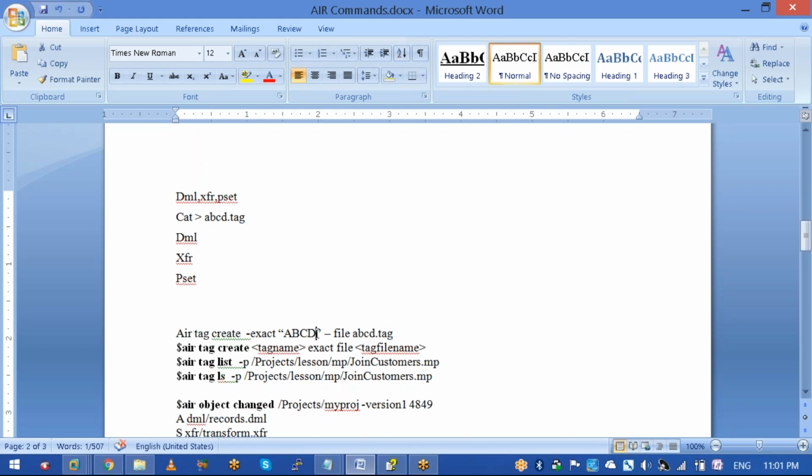Tag means the same syntax of tag ABCD. How can you create the tag? Simply touch ABCD, and automatically the tag will be created, because it's a 0 byte file, right? So by using this